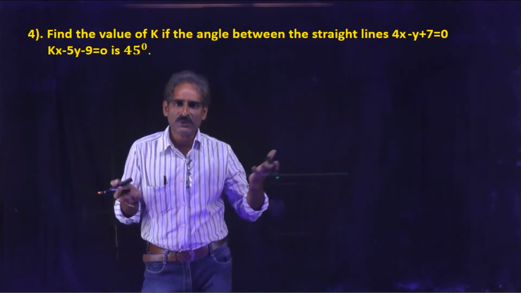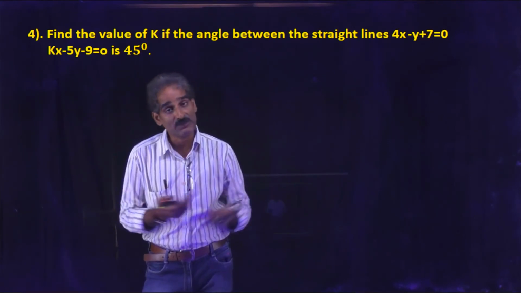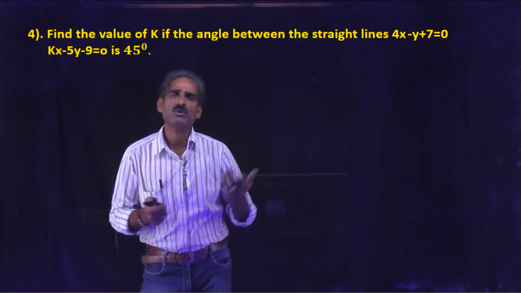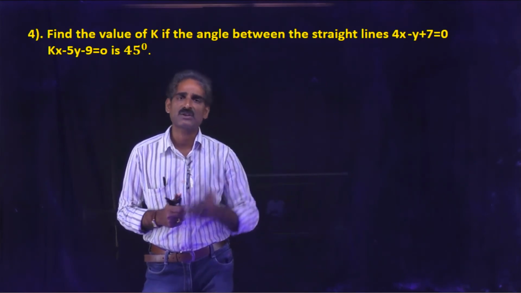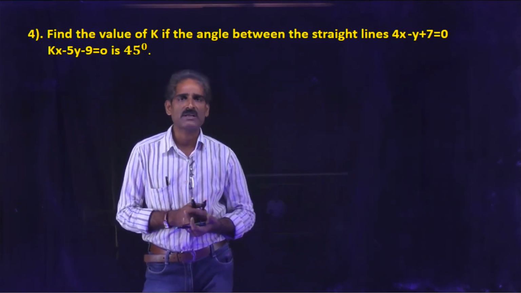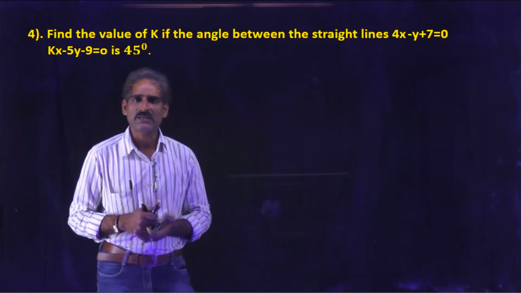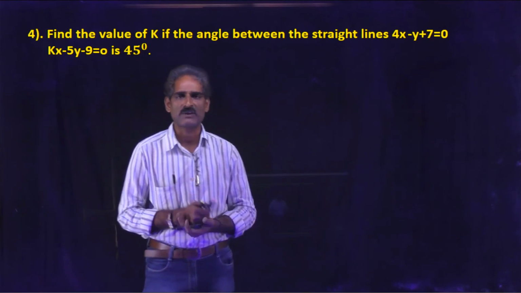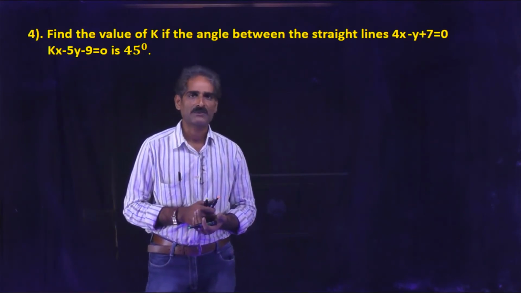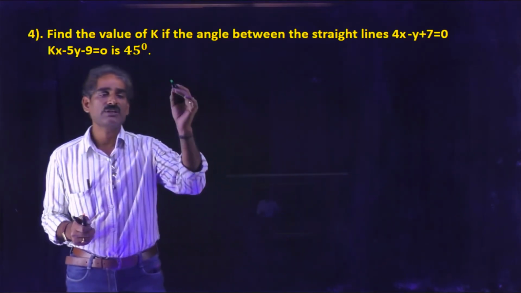Just apply the tan theta formula. You can apply cos theta also, but better to apply tan theta. So find m1 and m2, and theta is also there. Just substitute in the formula tan theta equal to modulus of m1 minus m2 by 1 plus m1 m2, and we will get the k values. Two values for k. Okay, so the given equations are